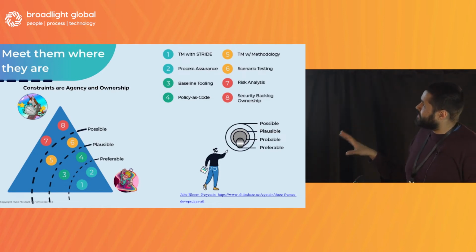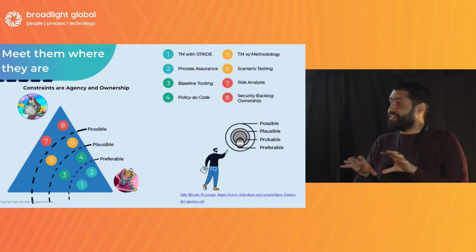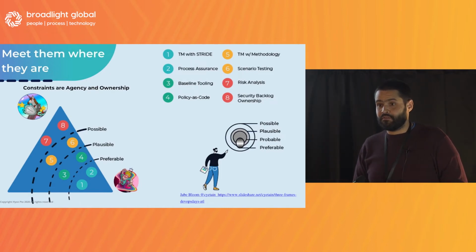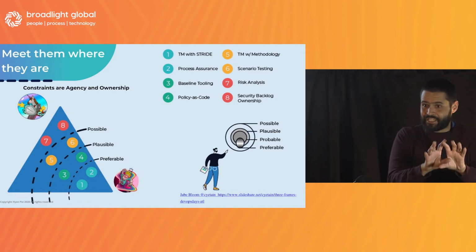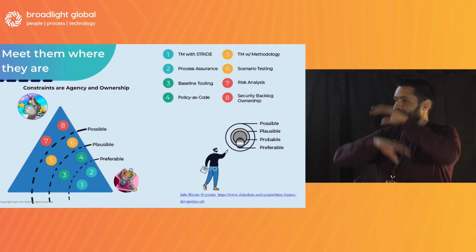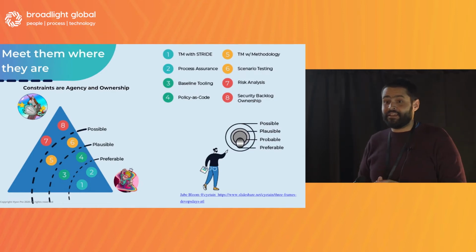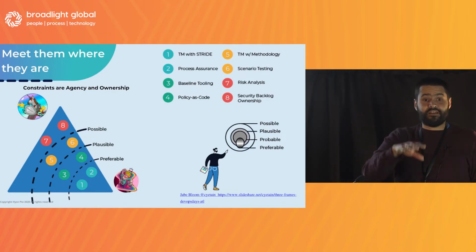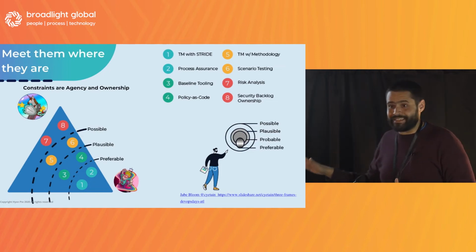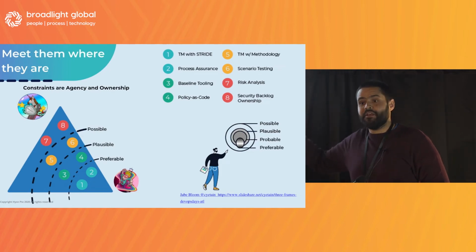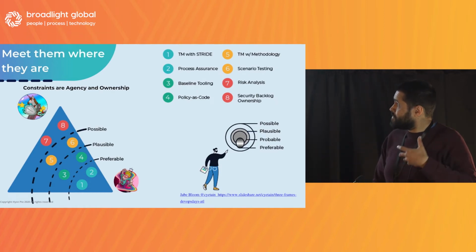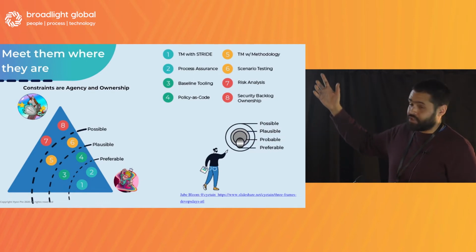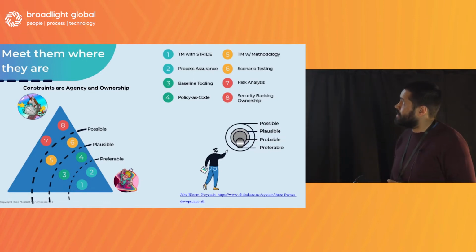So think in terms of things that people feel they have the agency and the ownership to do. You manage your Jenkins systems, so I'm going to help you make your Jenkins system secure. It's something you already own and see yourself as the expert on. I'm not saying you need to redesign your software to do all these security things you haven't done. You know your stuff, you are accountable and see yourself as owning that system. How can I help you make that system more secure with the tools you have right now? These conversations usually lead to other things, like process assurance and what you already do.